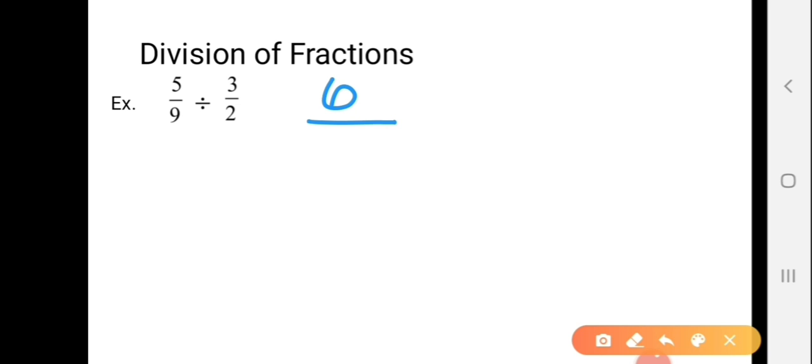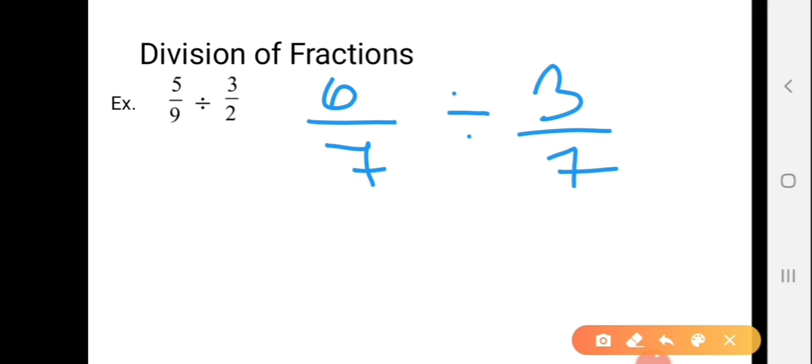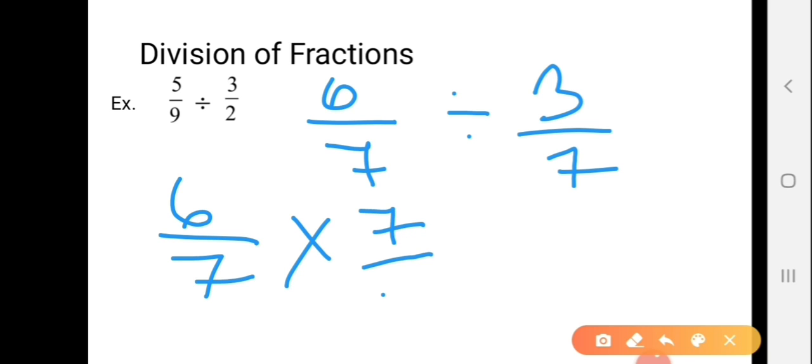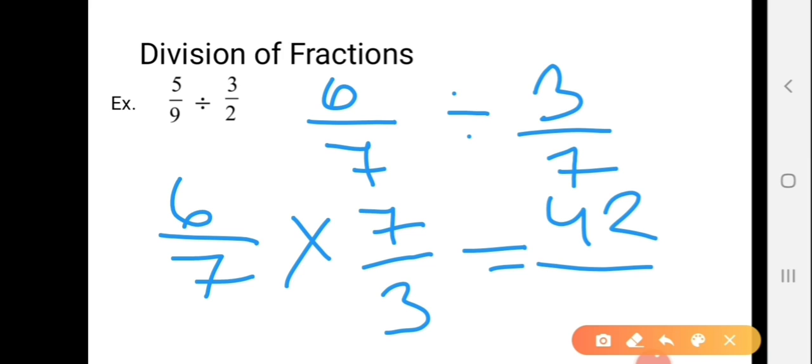6 by 7 divided by 3 by 7. So how will we do this? Yes, we will just do 6 by 7 multiplied by 7 by 3, as it is the reciprocal of 3 by 7, and this is equal to 6 multiplied by 7, which is equal to 42, and 7 multiplied by 3, it is equal to 21. And if you want, you can convert this improper